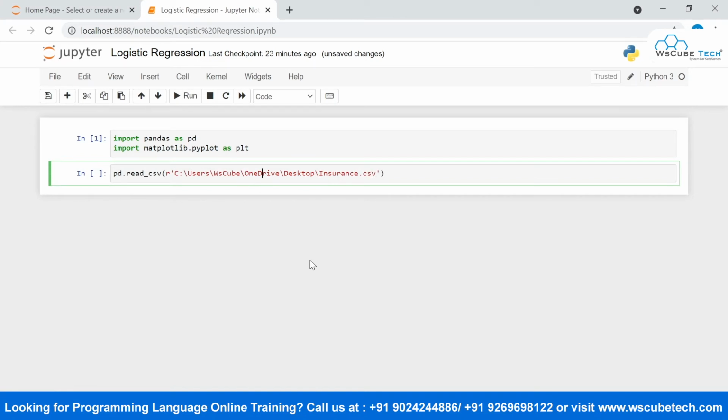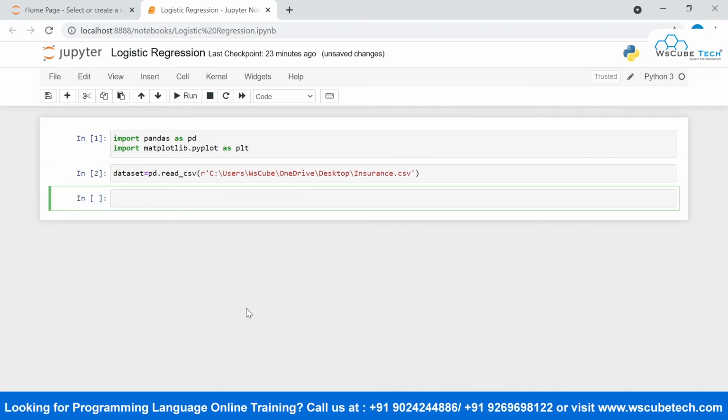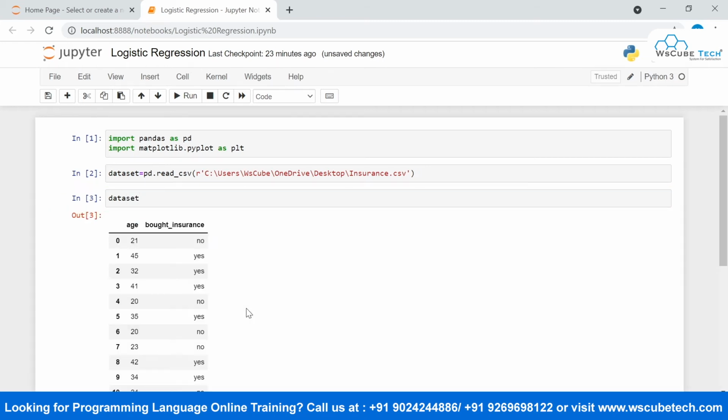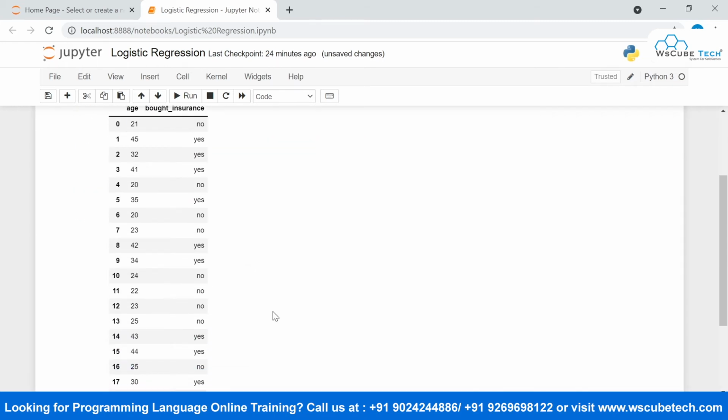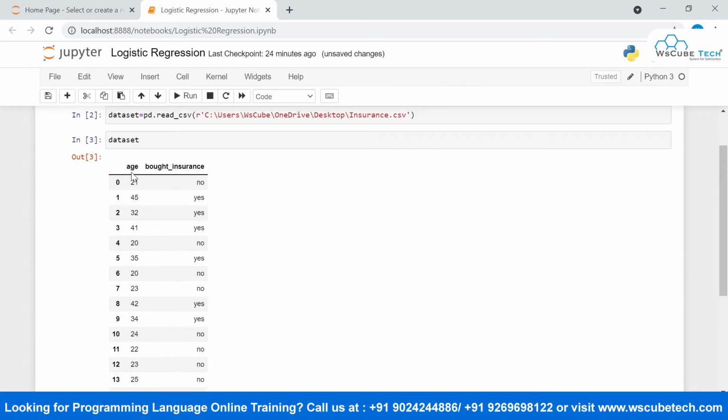I will store this inside a variable called dataset. Now if I want to view my data set, see, these are the columns, age and bought insurance. Okay, so this is my data set.